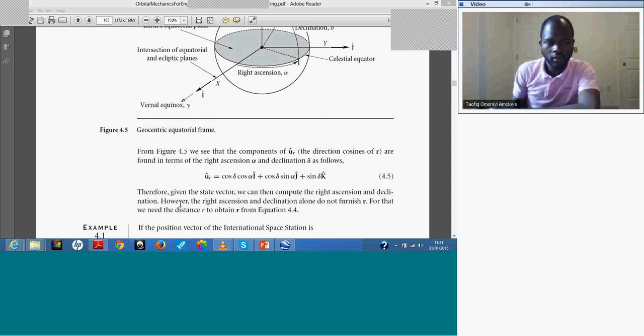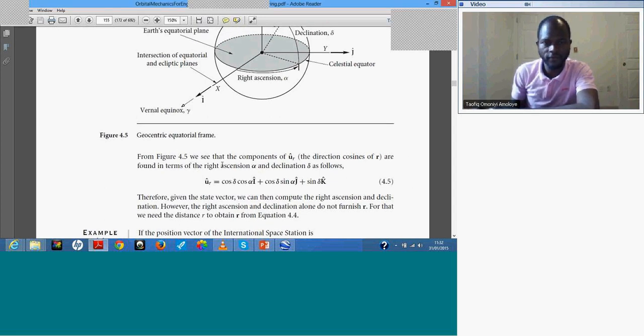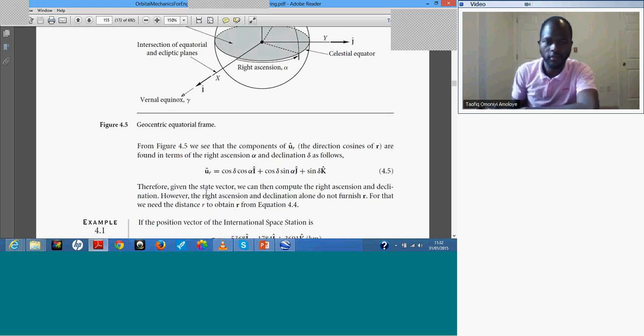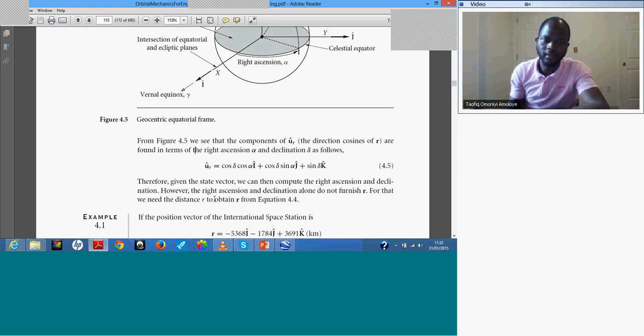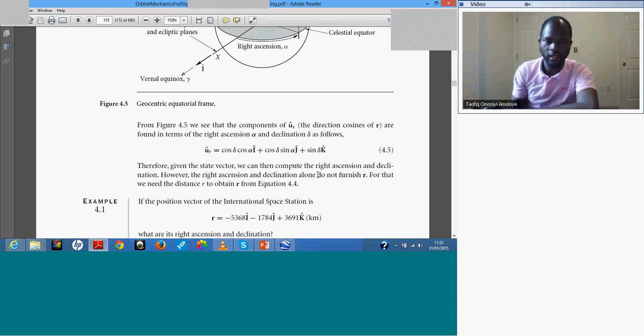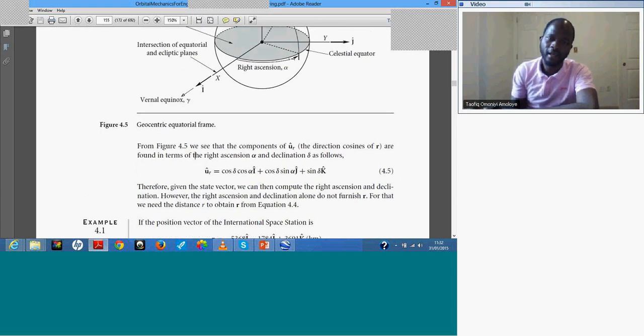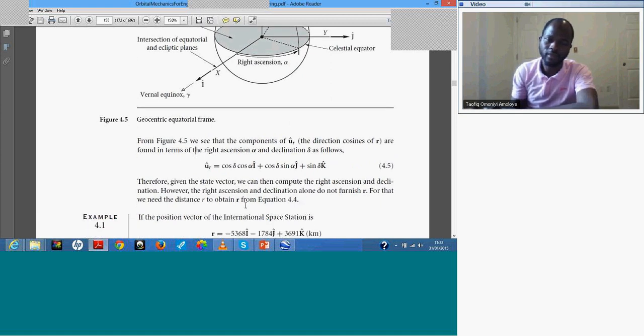So we just go on from equation 4.5, we see that the components of UR are the direction cosines of R, in terms of the right ascension alpha and the declination delta, as follows, the way that I've just shown you. Therefore, given the state vector, that is the position vector and then the velocity vector of a satellite, we can then compute the right ascension and declination. That means once you know the position vector of a satellite, then you can directly compute its right ascension and then declination on the celestial sphere. Right ascension and declination alone do not furnish R. That means if you just know the right ascension and declination, you can't directly get the position vector. However, if you have the position vector, you directly go from that to get